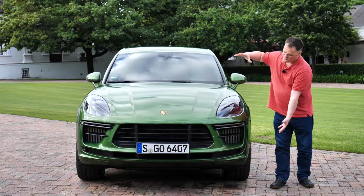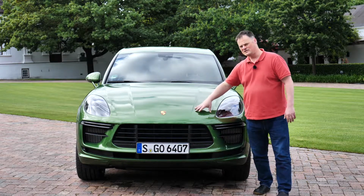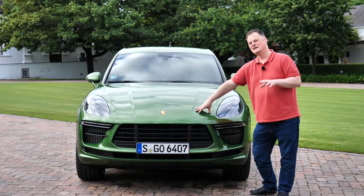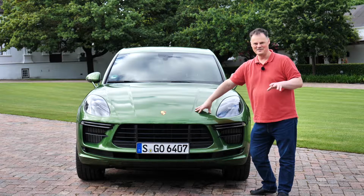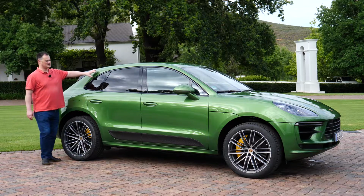I'm really liking the way that everything's been tied together here. It makes the design look aggressive, but not too aggressive. Sporty, but not too sporty. It does promise an awful lot about the drive though. Will it deliver? Round to the side, you really can get a sense of just what makes this car so